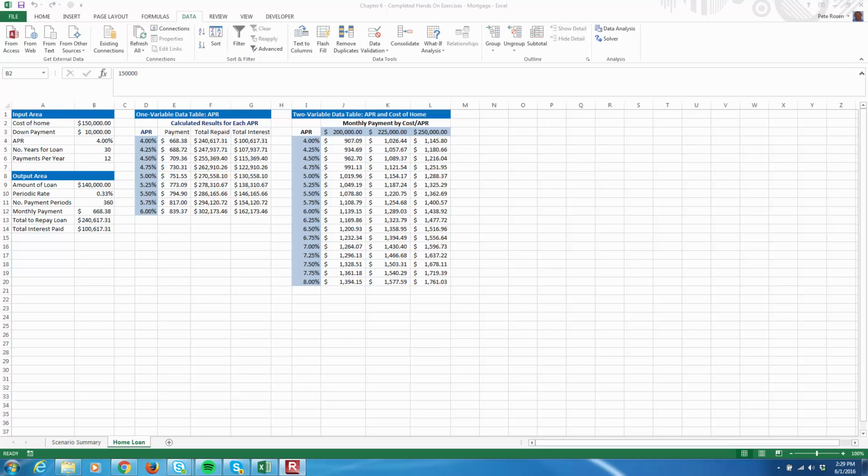Now let me just read you a little bit about Solver. Solver is an add-in that helps you find the best or optimal solution to a problem. These optimization models typically find the highest, lowest, or exact value for one particular result by adjusting values for selected variables. Solver is one of the most sophisticated what-if analysis tools, and people use Solver daily in a variety